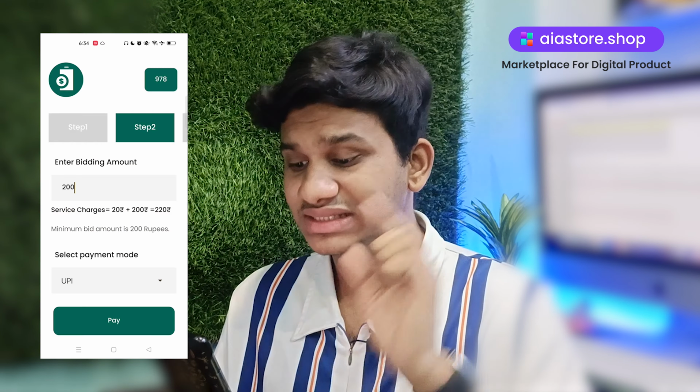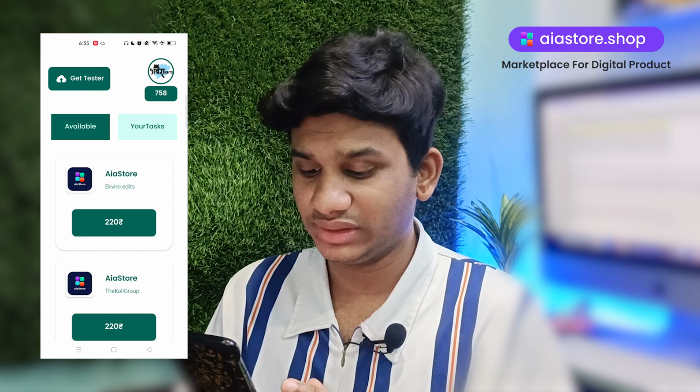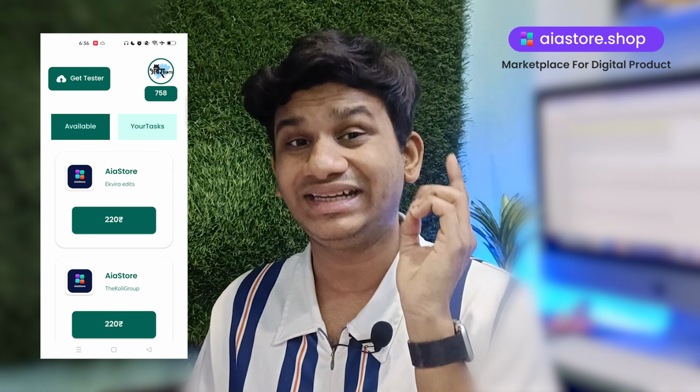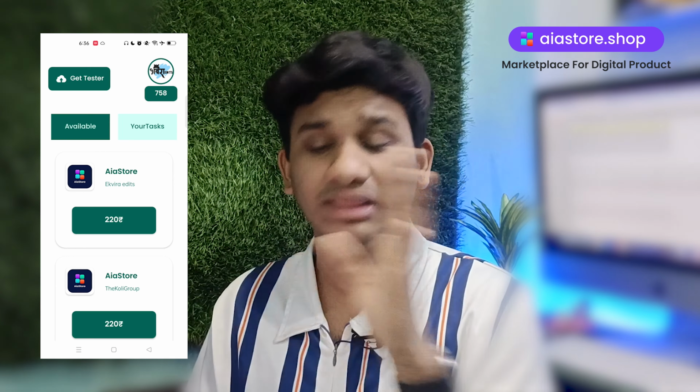Then click on the visit your project and then here you will see your application. And after publishing your application on the vTester, you can track all the data on the tester dashboard. To open the tester dashboard, again click on the get tester button, and after clicking on the get tester button, here you will see your uploaded project. So far I have uploaded AirStore in front of you.